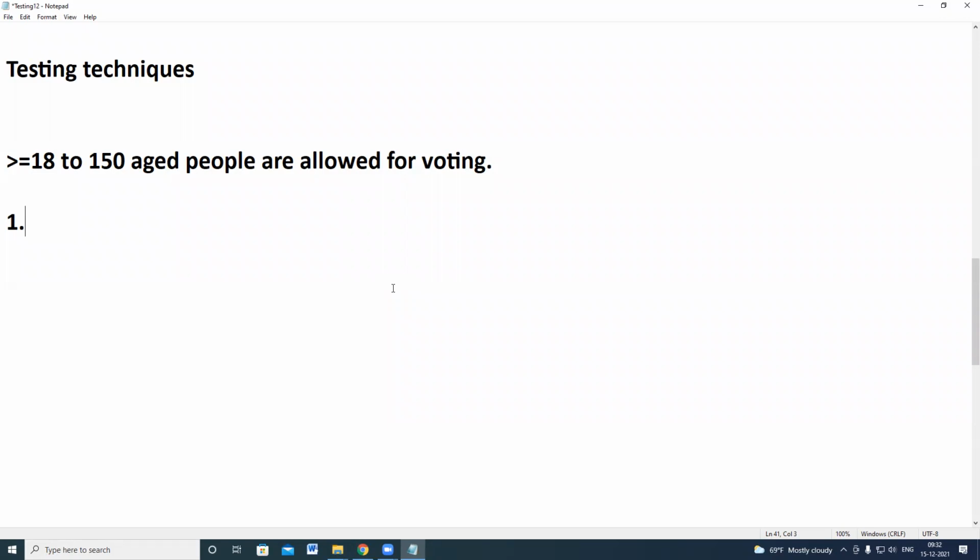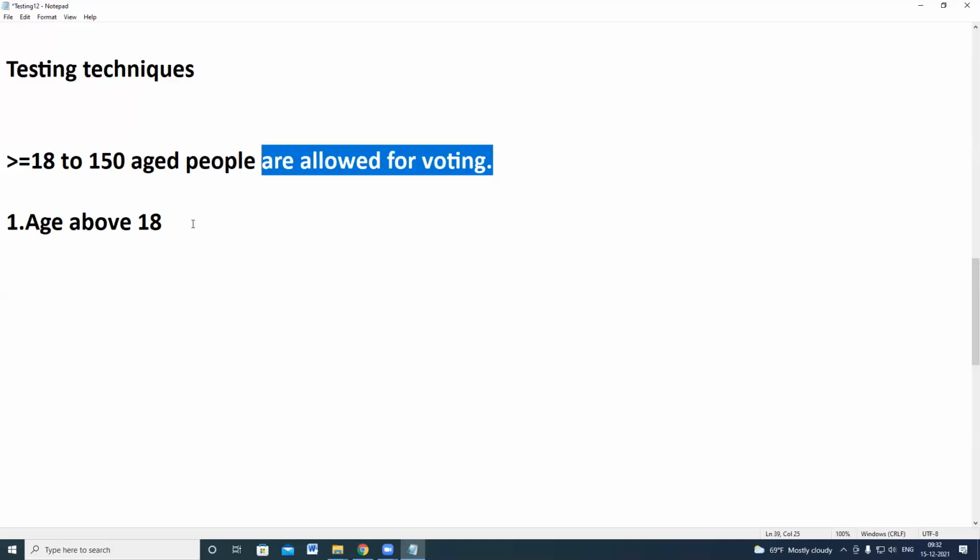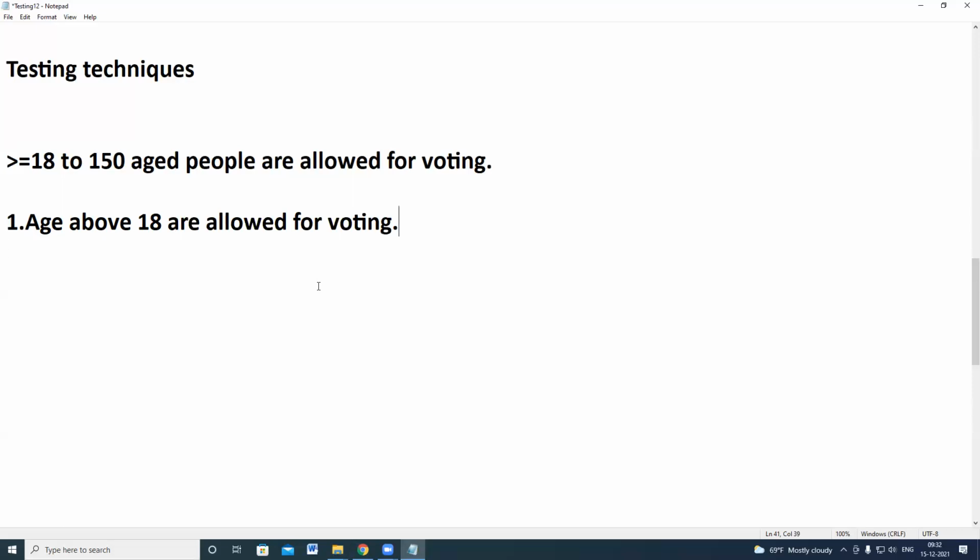Age 18 minus 1. Age below 18 and above 18 are allowed to vote. So this is a test case we can test. What else can I test?